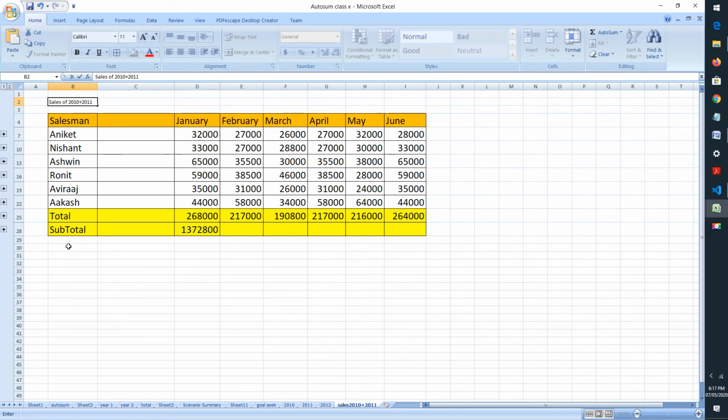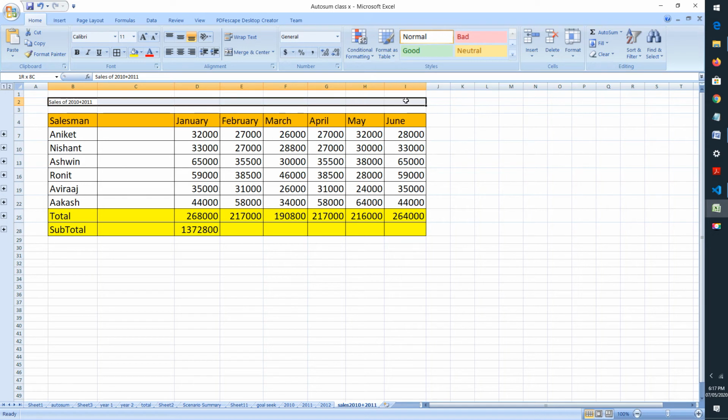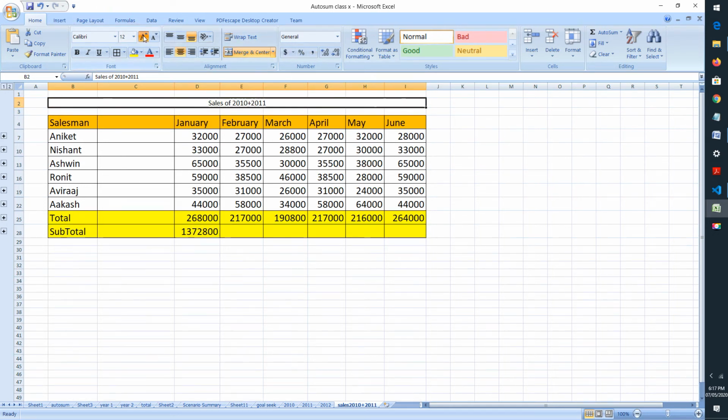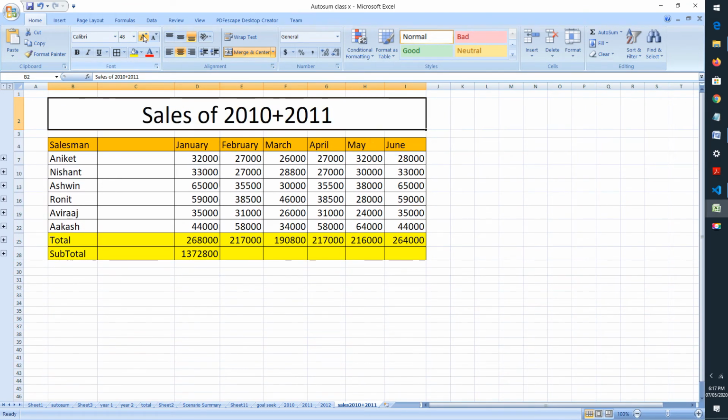(2010) and 2011, but you can also create a consolidated sheet of 2010, 11 and 12. So, let us format it. I have created the consolidated sheet of 2010 and 2011. You can create it yourself for 2010, 11 and 12 also to check it. I am leaving it, I am not consolidating for 2012. So, this is how we can consolidate data from two worksheets.